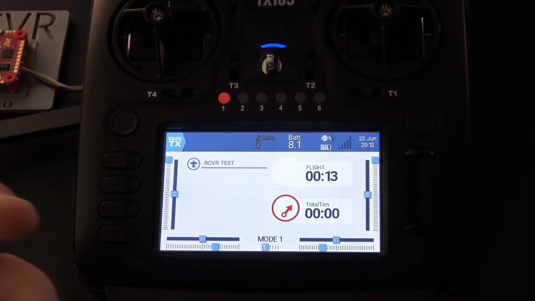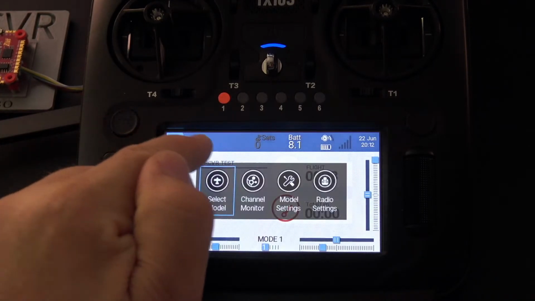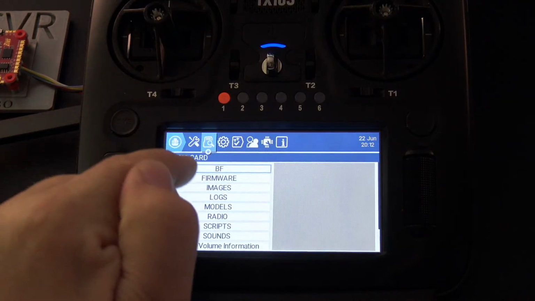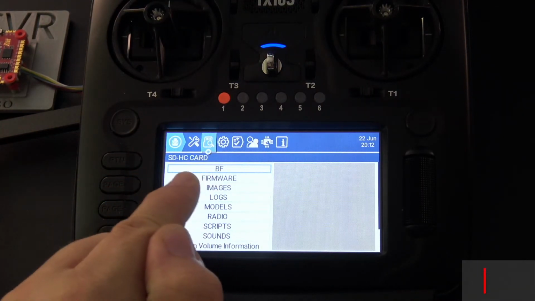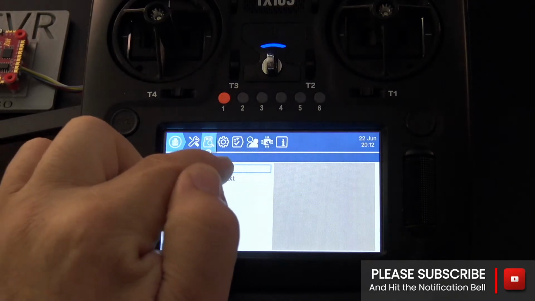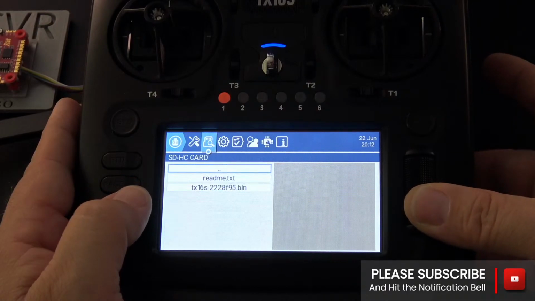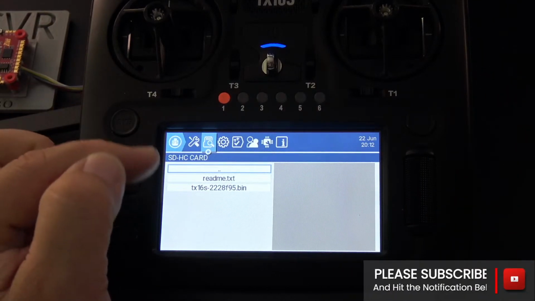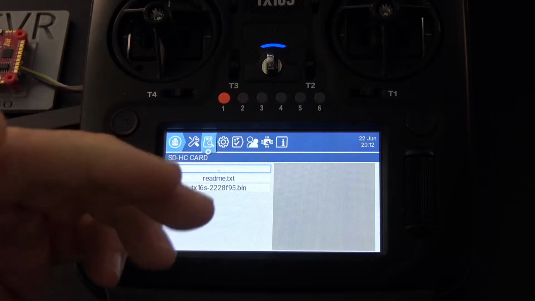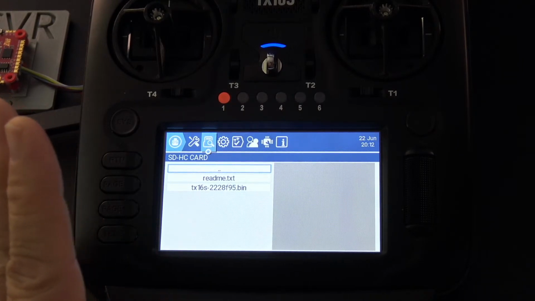I didn't even need a USB cable other than to put that file in my firmware directory on my radio. That's all I needed it for. So radio settings, and then that folder right there called firmware. That's where you put it. When you put it in there, you'll be able to use the radio to flash it. You'll be able to use the bootloader and the EdgeTx firmware to flash. Okay, so that's it in flashing.